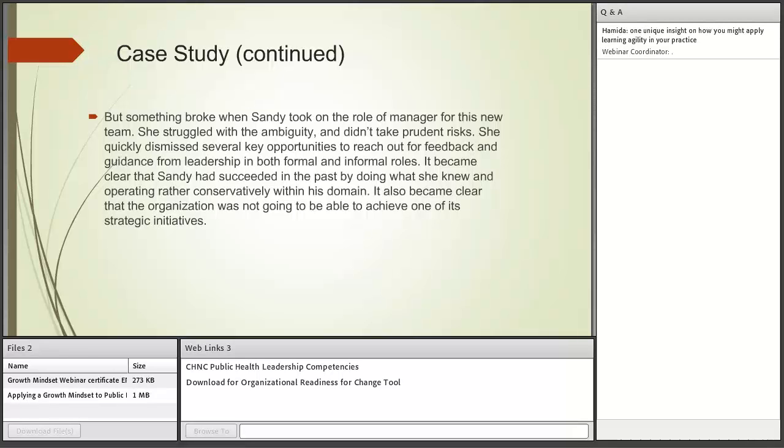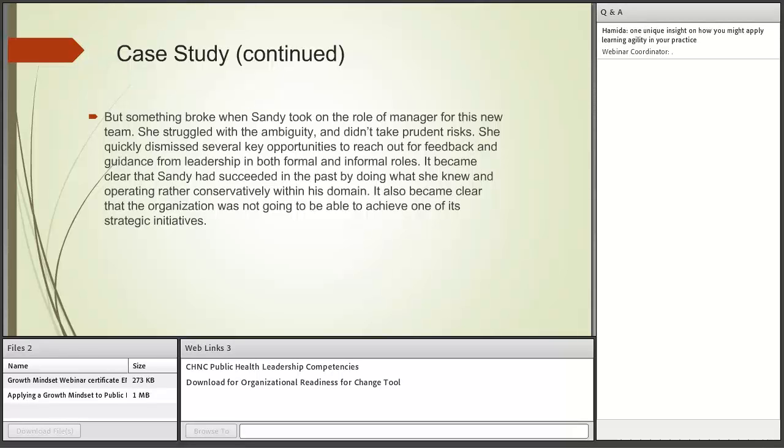So this case study continues, and we see that Sandy might be needing some perspective and to look at her learning agility from a different angle. And there might be areas where she needs to develop herself further and also to leverage her strengths a little bit more. So one area that pops up for learning agility is the defending component. And based on what the case study is saying, in terms of taking feedback, maybe this is an area where listening to feedback,